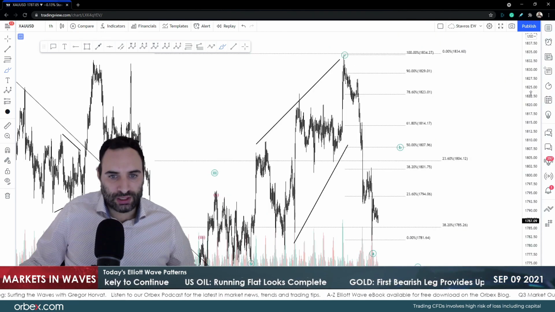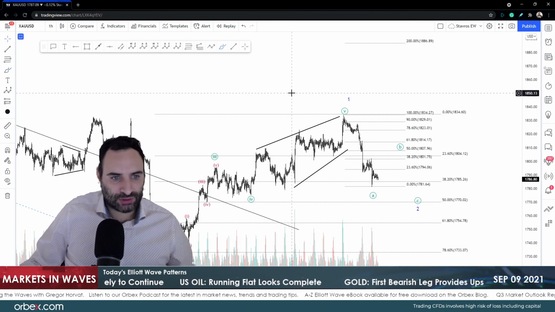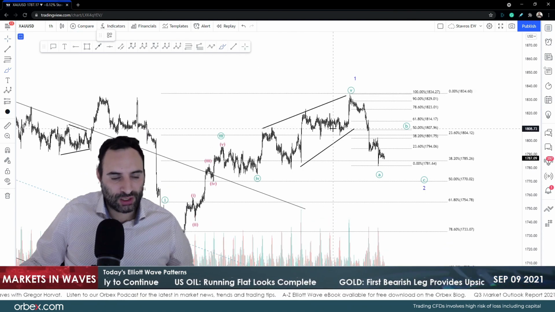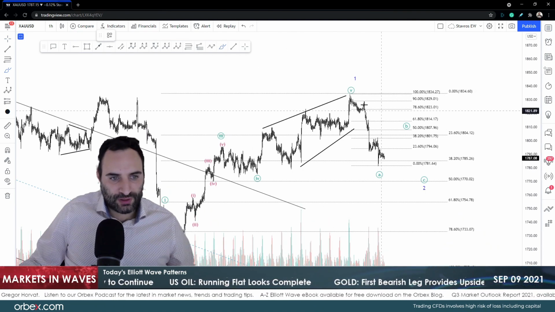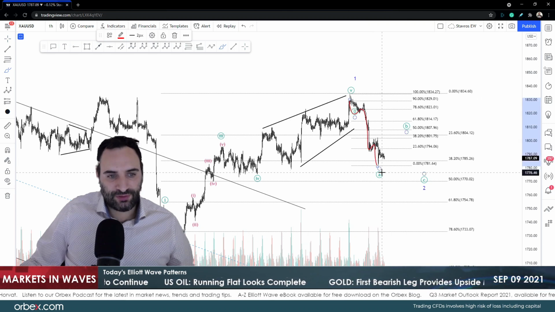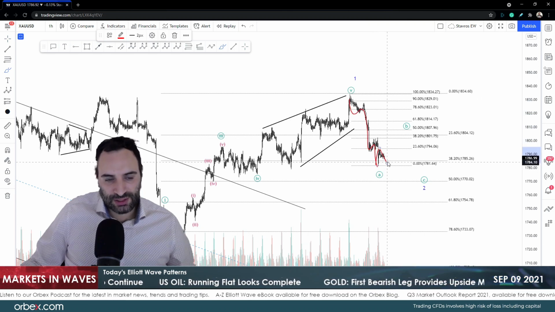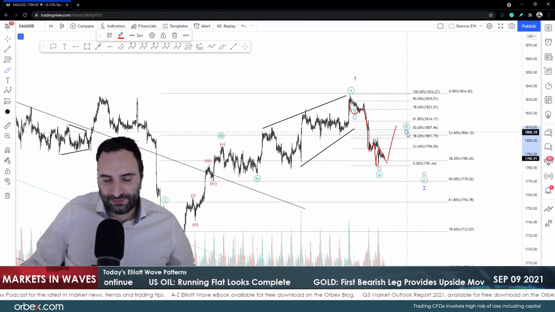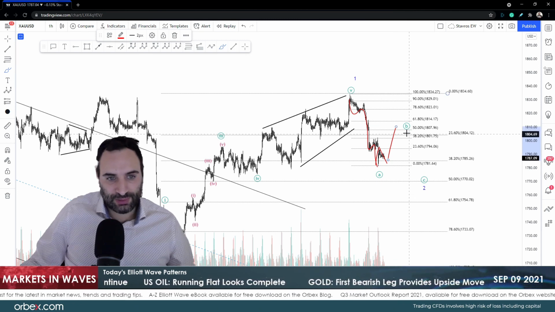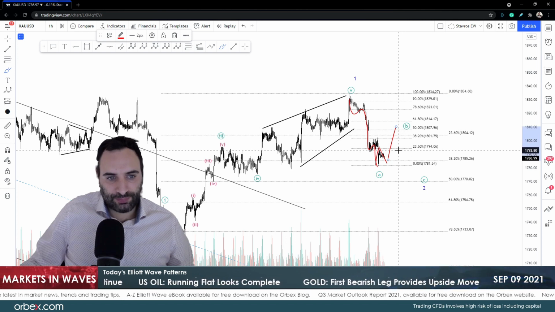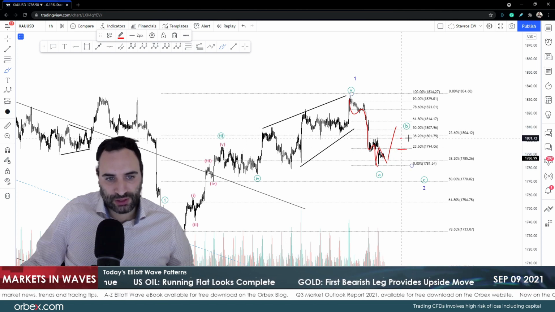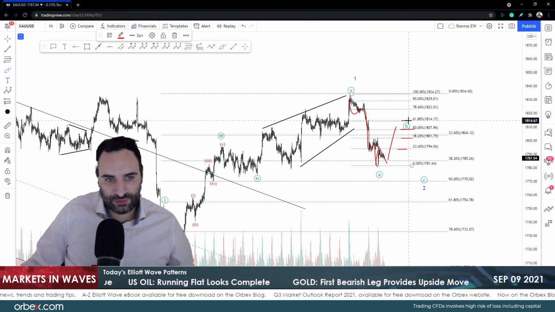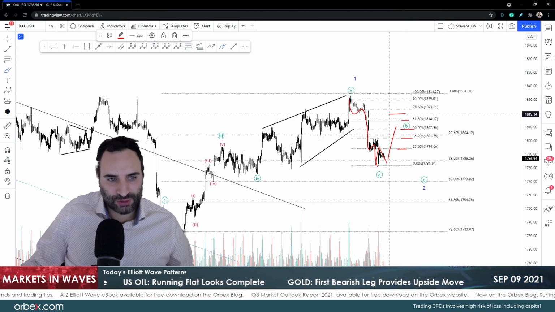For gold, guys, we looked at the potential correction here. It looks to me that after finishing the first wave, this is a clear 5 wave move down. It looks to me like that is a correction and we're going to get an ABC, or it could be any other flat pattern, corrective pattern. But I'm looking at the 1794 break to lead us to 1807, 1814, and perhaps even up to 1820, but